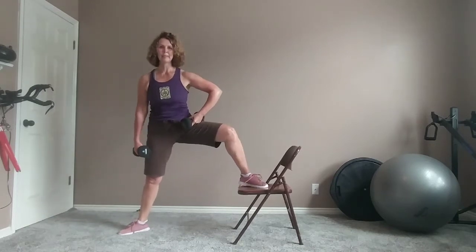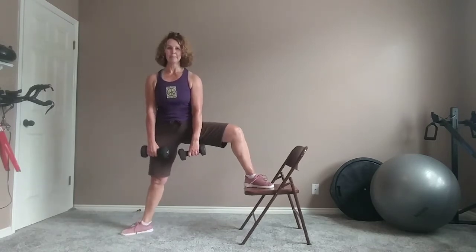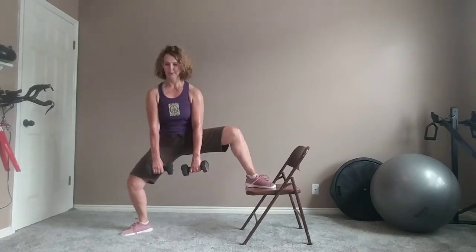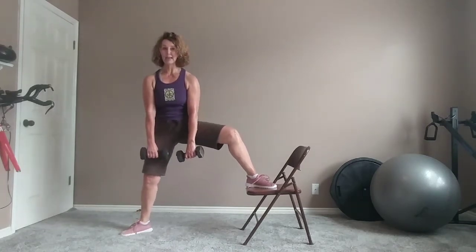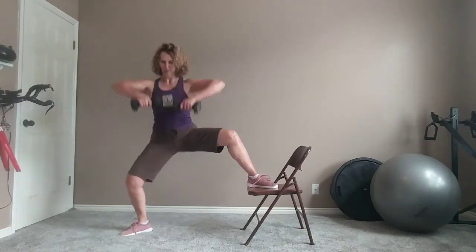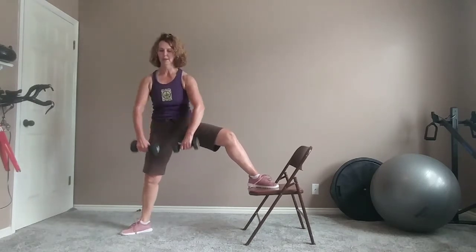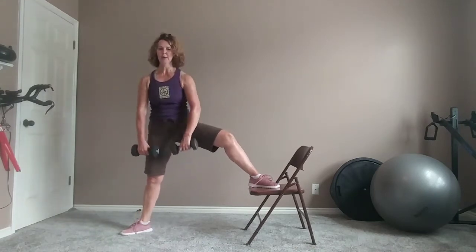Both toes are rotated. Hand weights in front. Posture up. Go into your plie. Adding the upright row as you bend your knee. Let's go a little faster. Pull. Remember, option would be one arm at a time. Four more right here. 4, 3, 2,